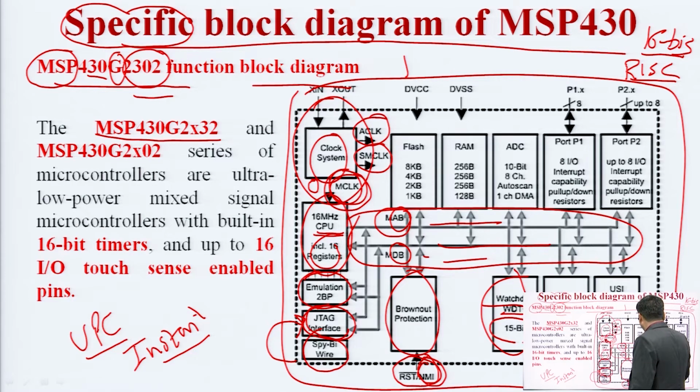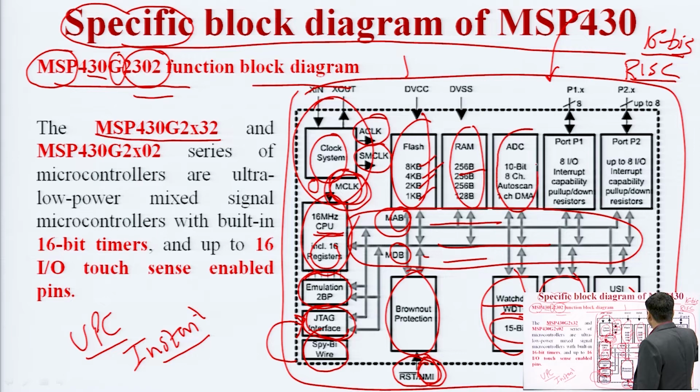It is available as a 15-bit timer. There are timers or counters available. In this there is a Timer A3 which has 3 compare and counter registers. There is a universal serial interface to interface the serial port with the MSP 430. So if we want to interface any external system with the MSP 430 chip, then we will use the universal serial interface ports. There is a flash memory. We can read or write anything. It is available in 8 kilobyte, 4 kilobyte, 2 kilobyte, 1 kilobyte. There is a RAM. It is available in 256 byte.